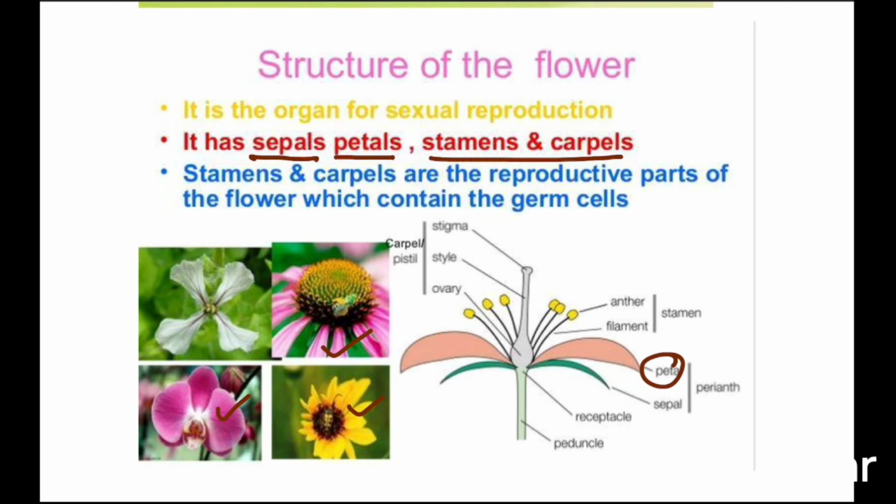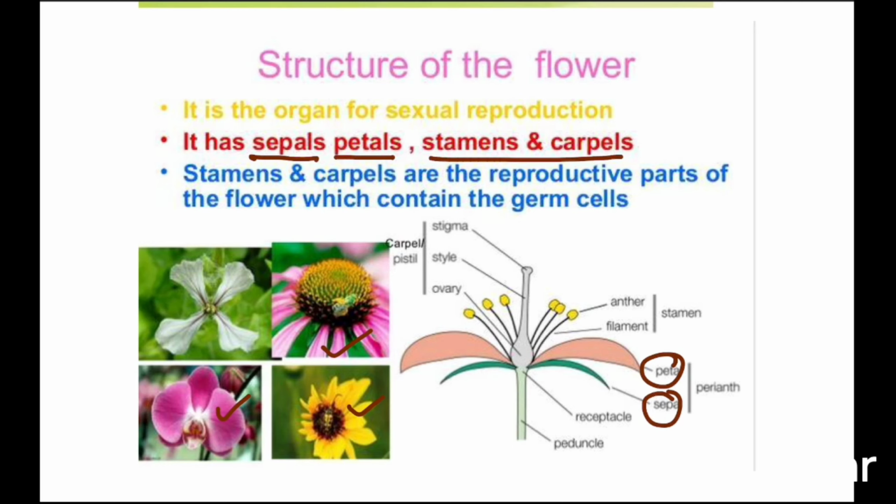And you can see that the sepal is present here. It is a small leaf-like structure. Its main function is that when the flower is in the bud stage, with the male part and female part inside, the sepals will protect the entire bud. So that is the main function of the sepal. What is the function of the petal? We said it is attracting insects and so on, and the sepals protect the entire flower in the bud stage.